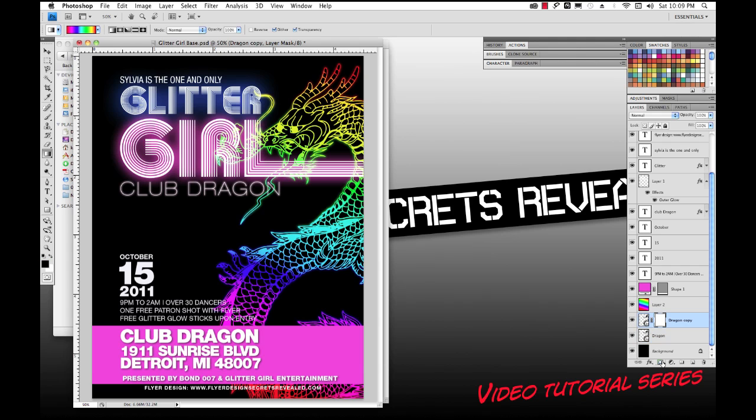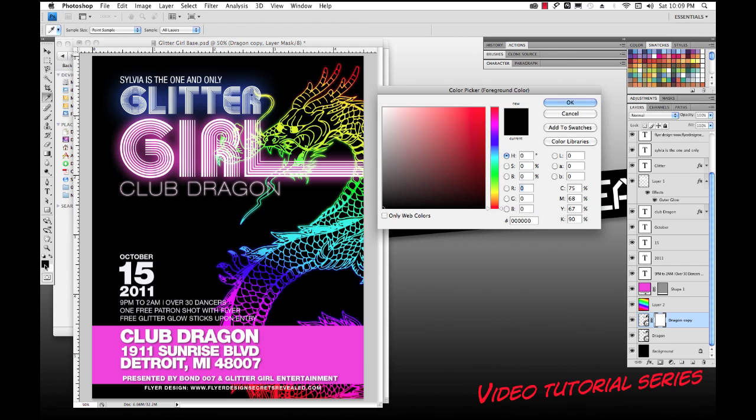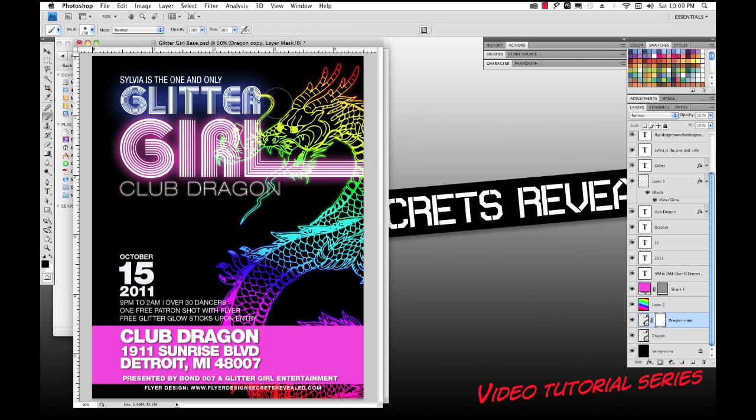I'm going to go in and choose my paintbrush, and with black selected as my foreground color, I'm going to paint over the dragon in the areas where it intersects my type, because I don't want it to interfere with my type layer. I want to be able to really see what the type says. So this